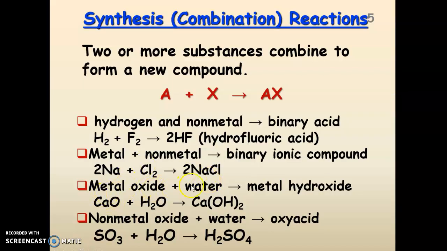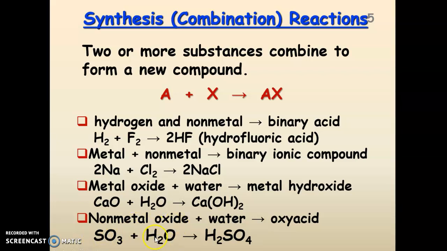Okay, when you have a metal oxide combined with water, the metal oxide is going to combine with the water in a way such that it makes a metal hydroxide. The 2 is here because calcium has a +2 charge and hydroxide has a -1 charge. So 2 hydroxides are necessary to make a neutral compound. By the way, you'd recognize the metal oxide because it is a metal bonded to oxygen, so that makes it a metal oxide. A non-metal oxide, like sulfur trioxide, well, sulfur is a non-metal, and it's bonded to oxygen,